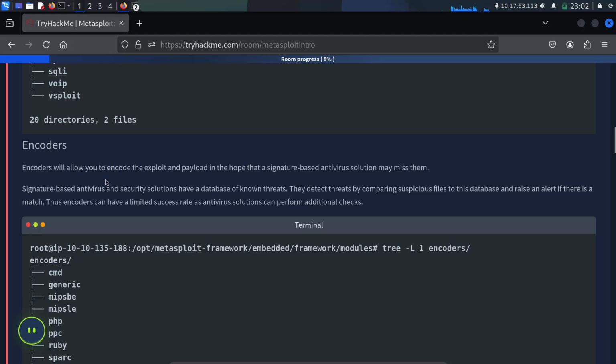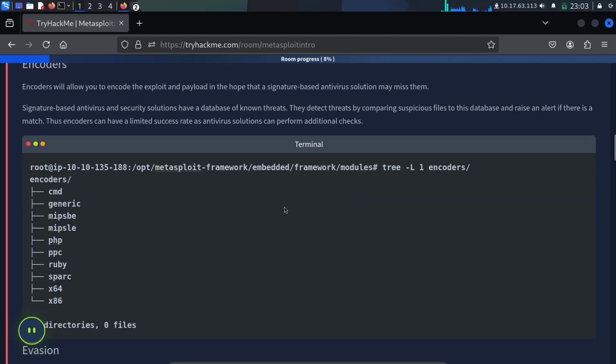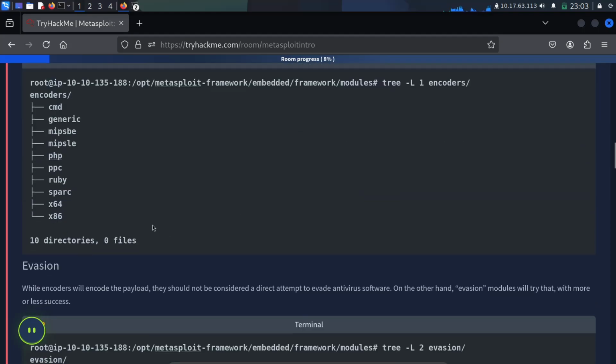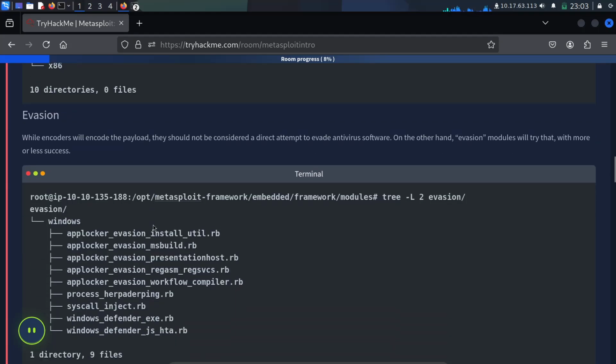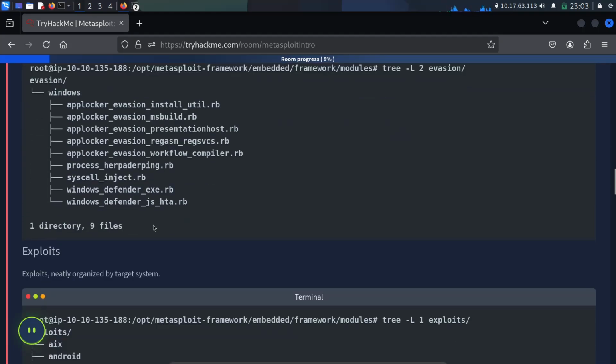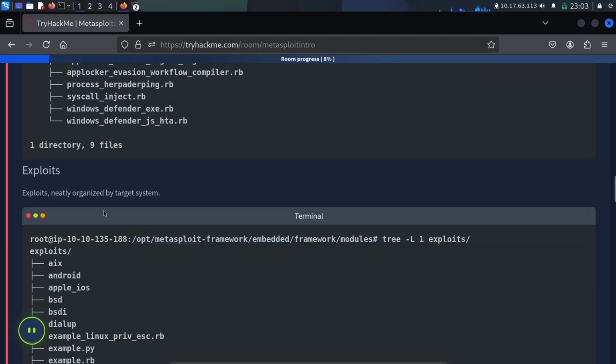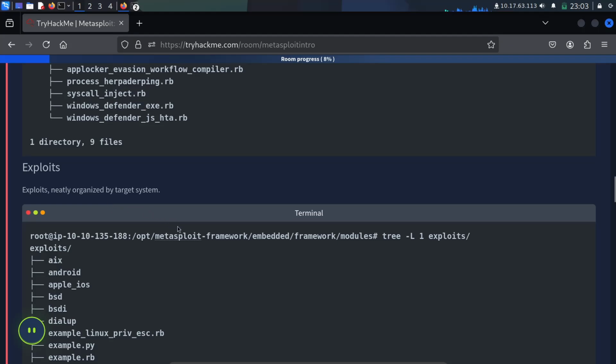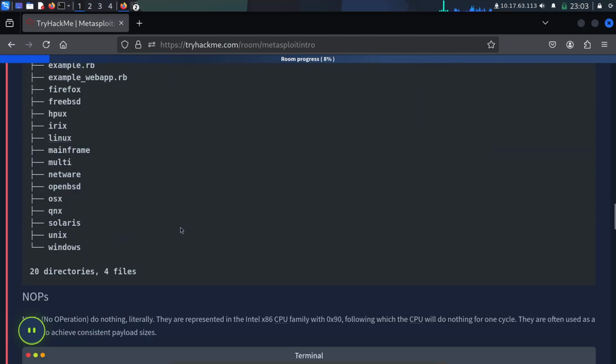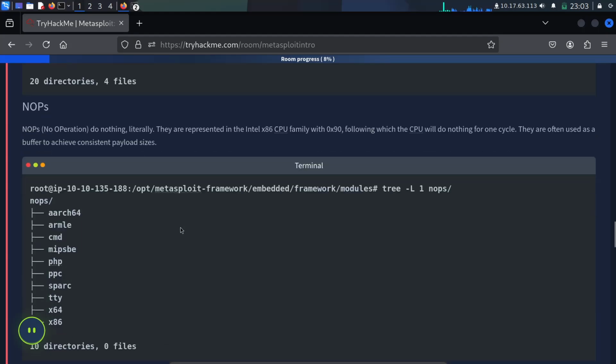Then encoders, which let you encode the exploit and payload in the hope that a signature-based antivirus solution may miss them. This is 10 directories, and then evasion. Evasion is one directory with 9 files, and then exploit. Exploits are neatly organized by target system. You can read further. There are 20 directories.